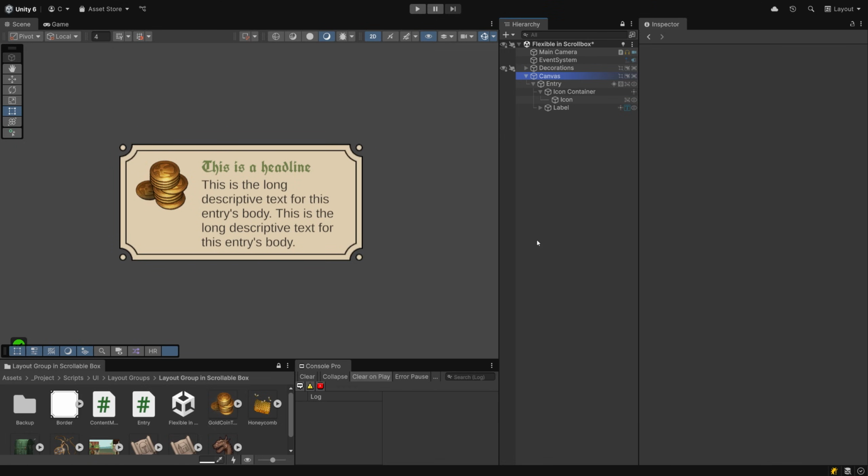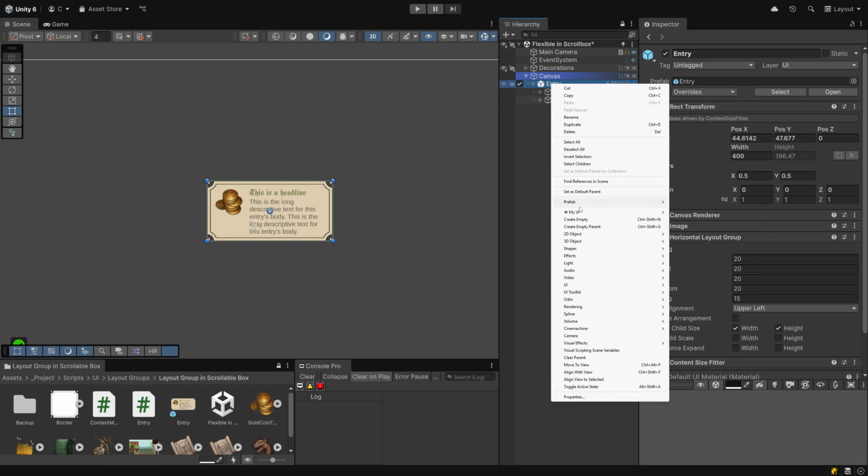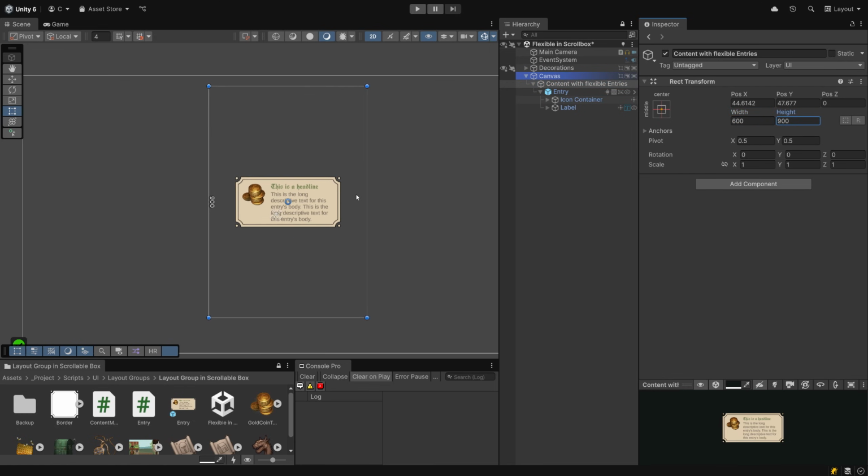Next up is creating the container to hold multiple entries, and that's a whole lot easier now that our foundation is set. Create a prefab of your entry. Then right-click on it and create a new empty parent. I'll call mine Content with Flexible Entries. Just to see things in action, give it some rounded values for width and height. We want to create a list of entries in a vertical layout, and those entries need to expand in width